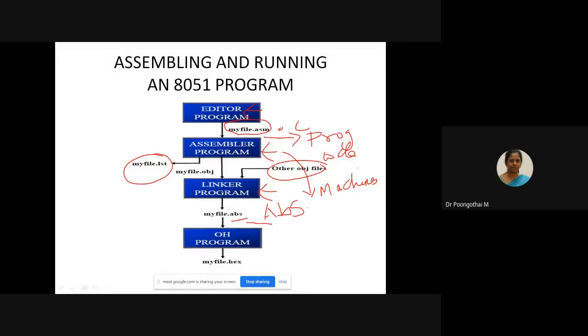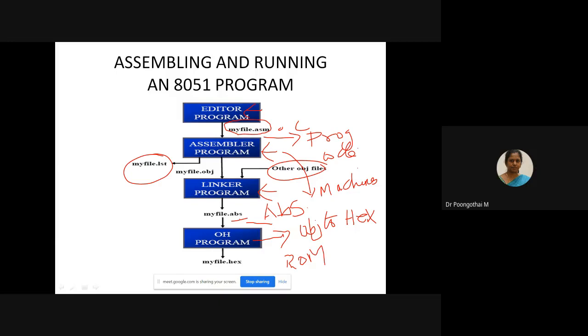Next, this ABS file is fed into the program called OH. What is OH? That is object to hex, which creates a file with the extension .hex, that is ready to burn into your 8051 ROM IC.